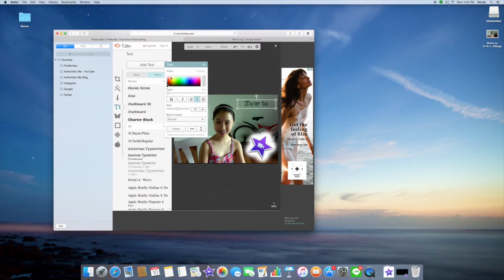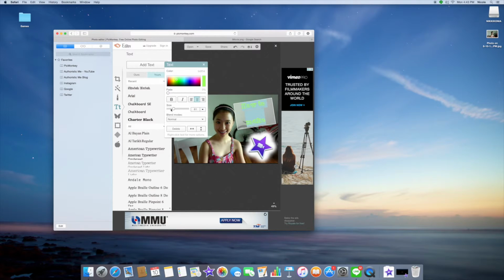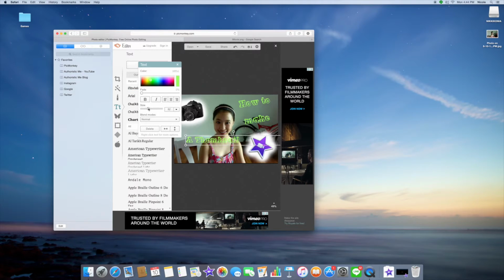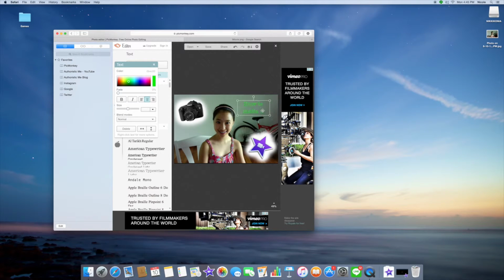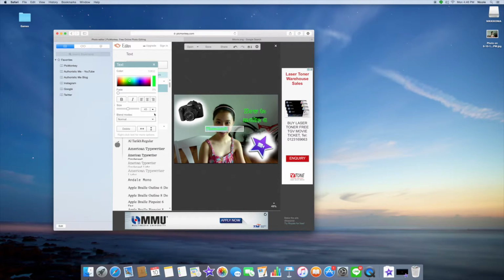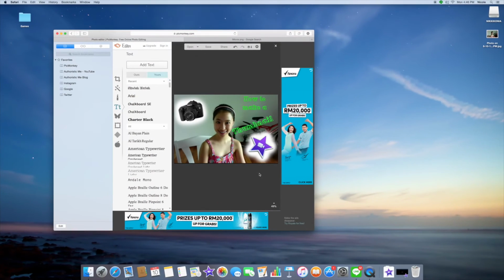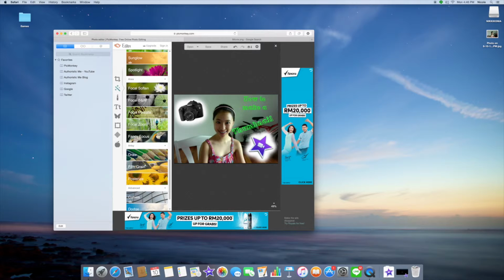And guys, this is crucial. You have to take your time on this like I did. That is why I'm fast forwarding this so you don't have to get too bored. But then later, you just make it smaller, make it bigger, and then delete it. Anyway, now that I'm done, I go on to the magic wand, onto draw again,